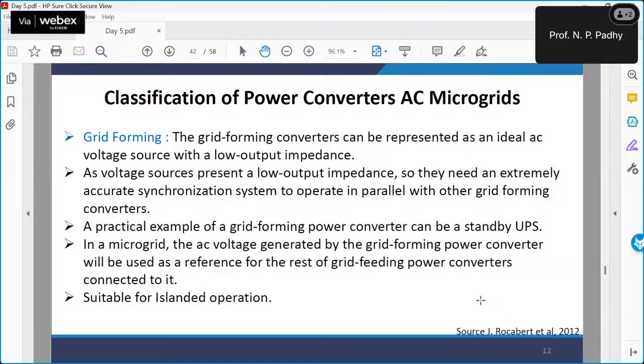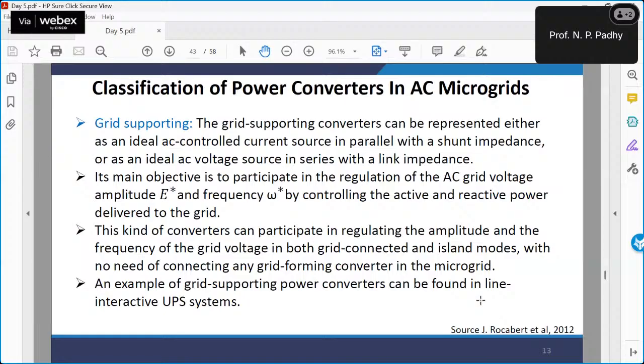They need an extremely accurate synchronization system to operate in parallel with other grid forming converters, for example, in UPS. In a microgrid, the AC voltage generated by the grid forming power converter will be used as a reference, suitable for islanding operation. So grid feeding is basically, and grid supporting will be,